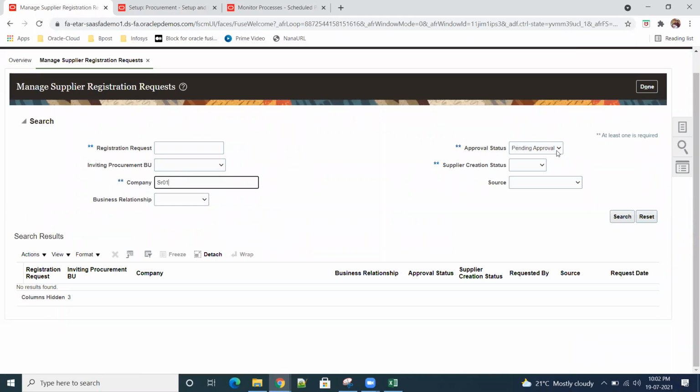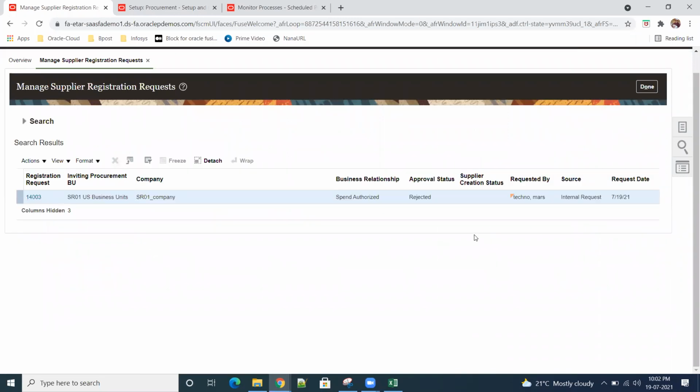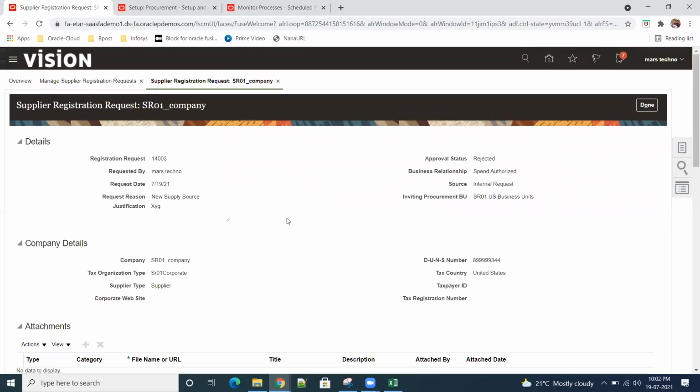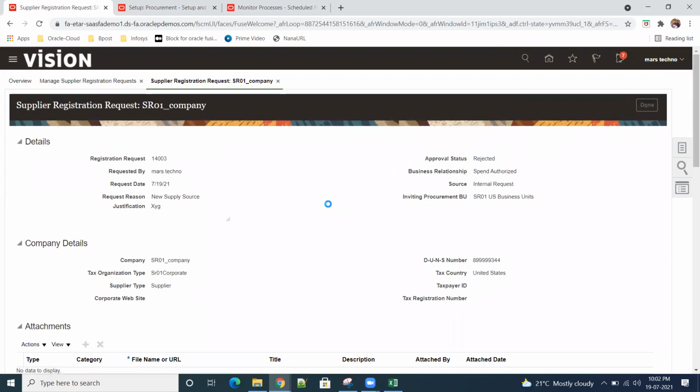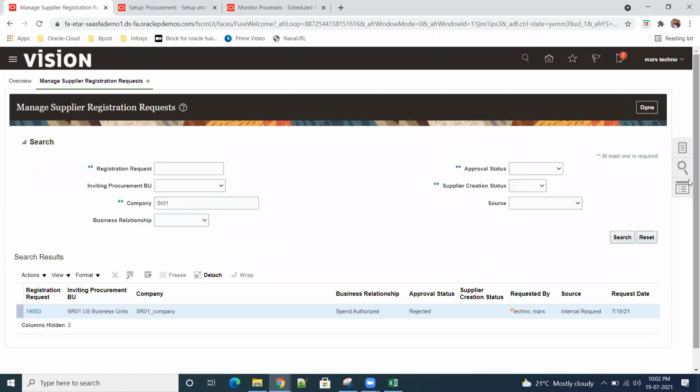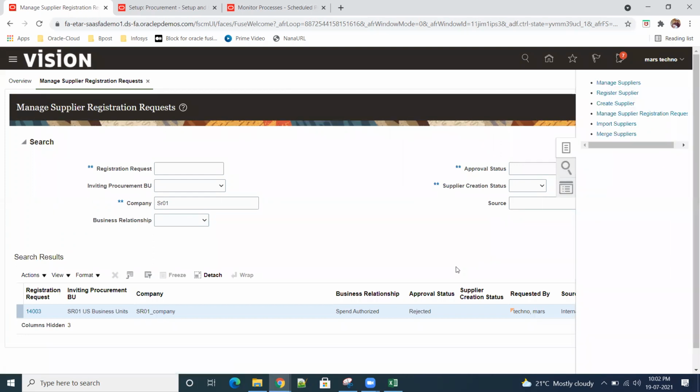SR01. I think we don't have it here. Let me see. No, nothing here. We have it done. No other buttons. Okay, so we need to create a new one. Okay, quickly we will create